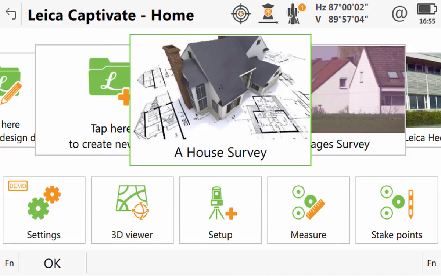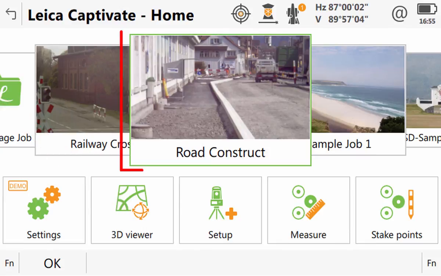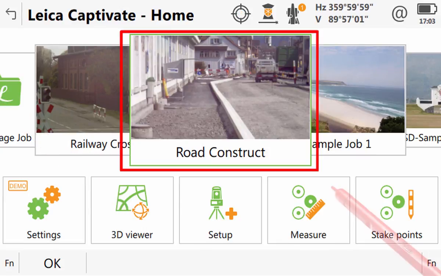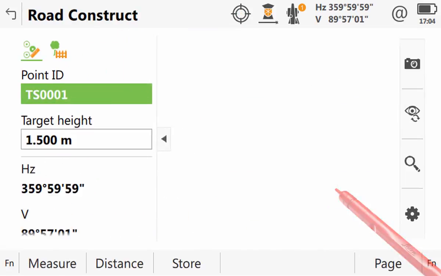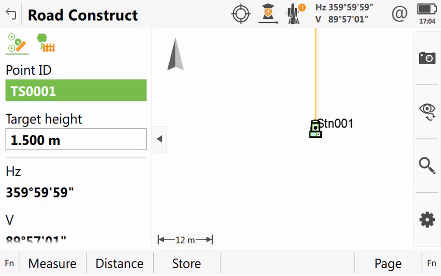However, it could be that we simply want to view this data, and that can be done within the 3D viewer, even inside apps. So for example, if we are currently carrying out a survey in the area where this road design is planned, we can select our working job, enter into the survey app, and then turn on our road design. This will help us better understand the site.